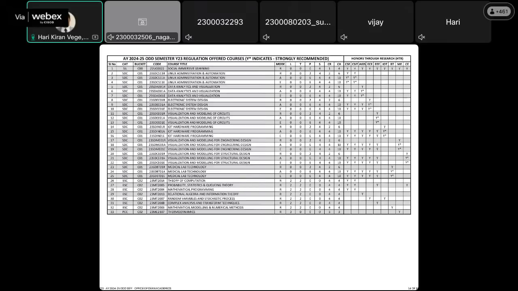C2 bucket is a bucket full of mathematics related courses. Again, check whether your department has got